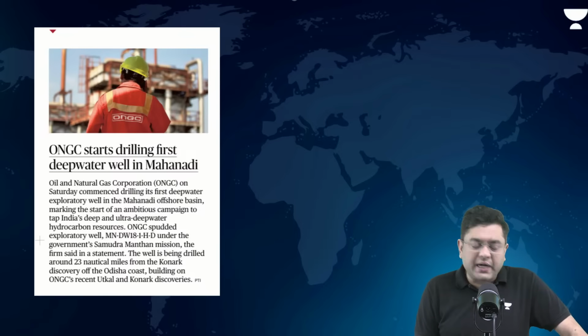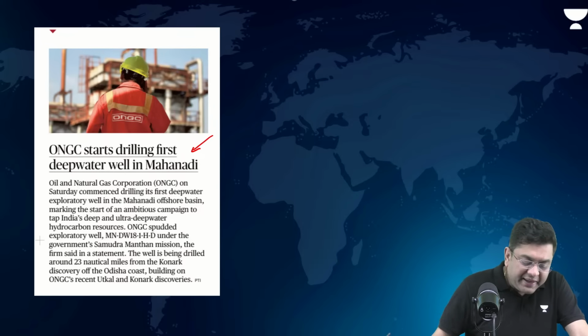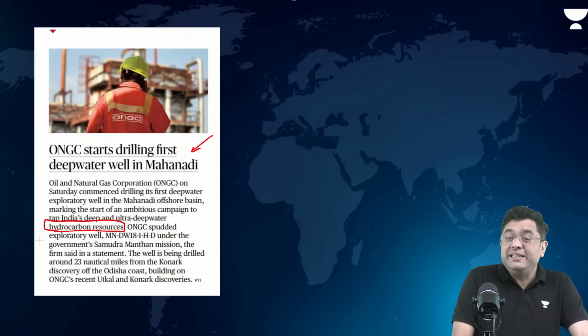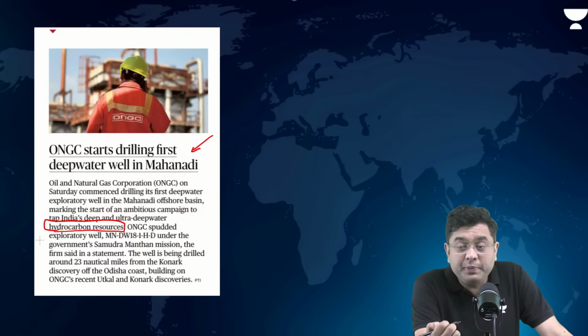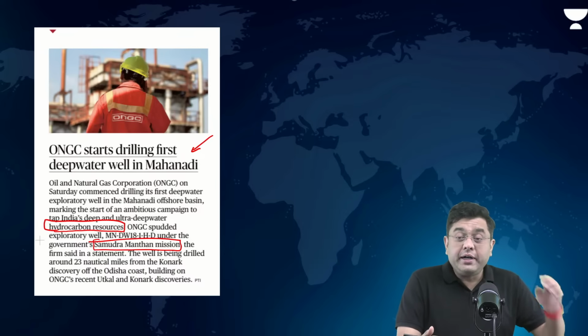Now, ONGC starts drilling first deep water well in Mahanadi. That is where basically it is an exploratory well for hydrocarbon exploration. Eastern coast of India is seen to be one of those areas which can have hydrocarbon trapped underneath it. Now, this is being carried out under the government Samudra Manthan mission. Now, that becomes important for your